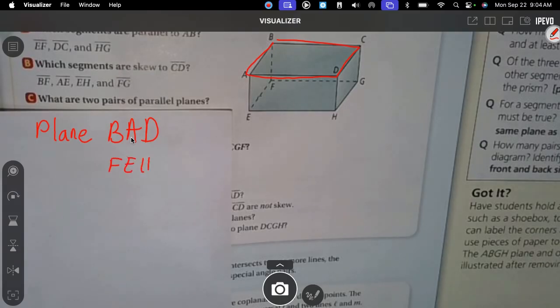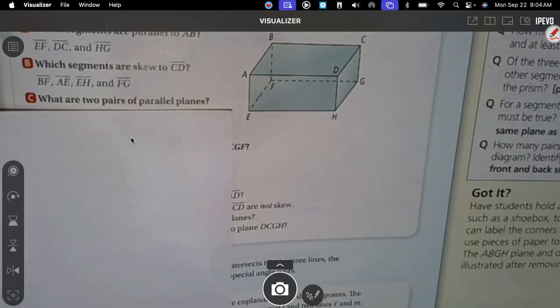That's on the bottom. So I did the plane on the top and I did the plane on the bottom. What other planes could I have done? The plane on the front and the plane on the back. Or I could have done the planes on the sides. Does that make sense as what's parallel? Yes? Okay. Does this seem familiar? We've kind of done this before. We just didn't use